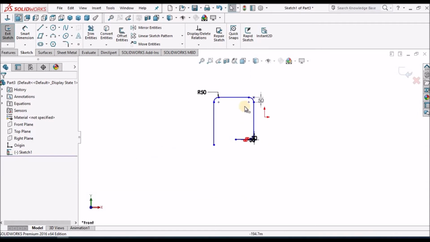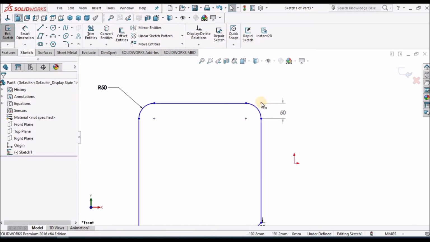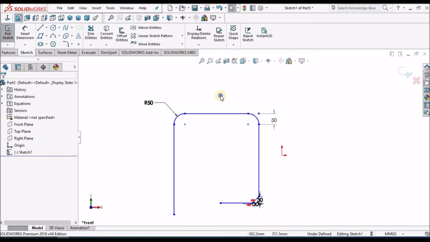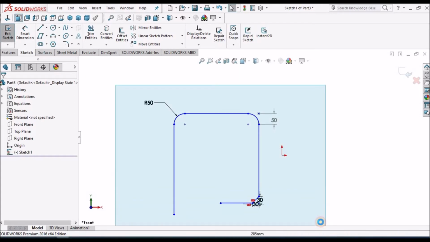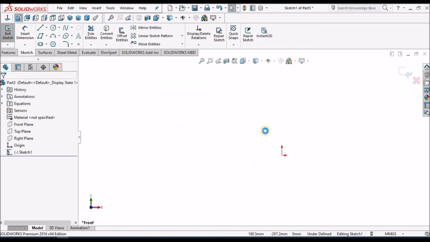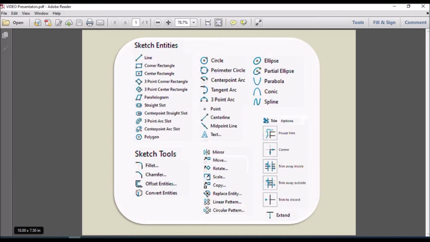So in the chamfer feature we will get it as a default, but for fillet we need to give the point. So these are the options in fillet and chamfer. So these 2 I have covered.